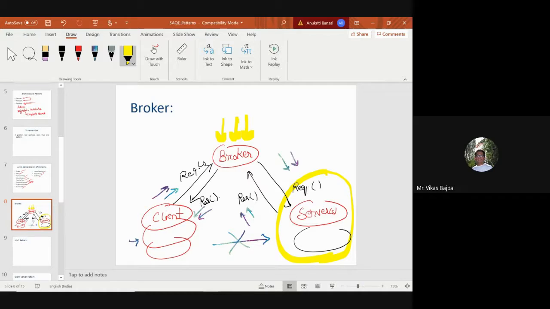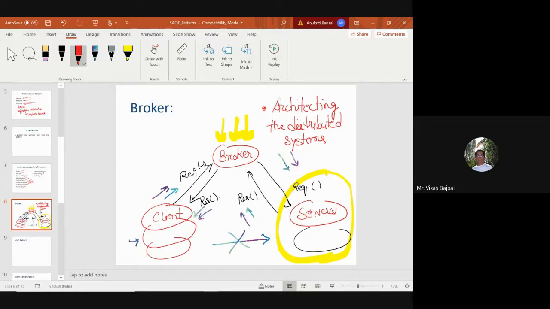Now the one good thing is that my servers are safe, and that's why this broker pattern is very popular in case of architecting distributed systems. These systems make use of a middle man component in order to communicate between the server and the client.